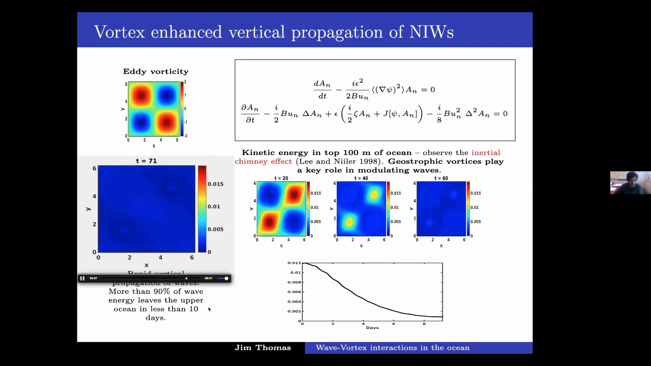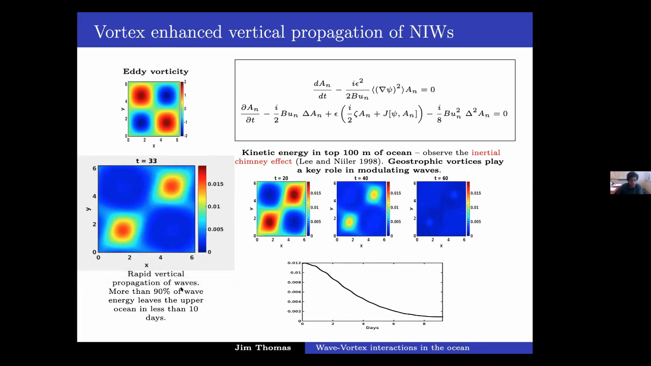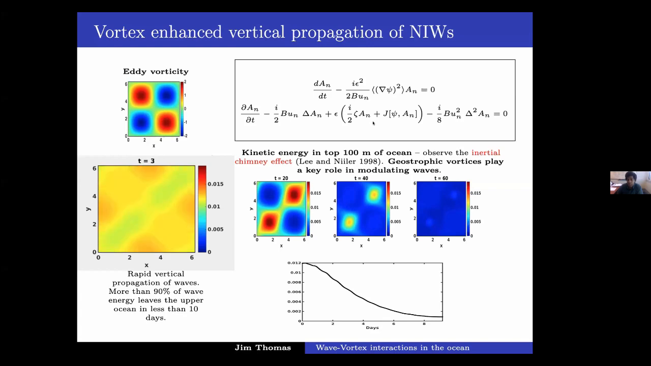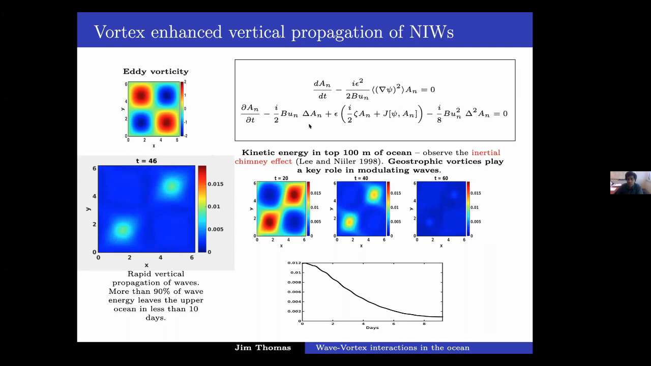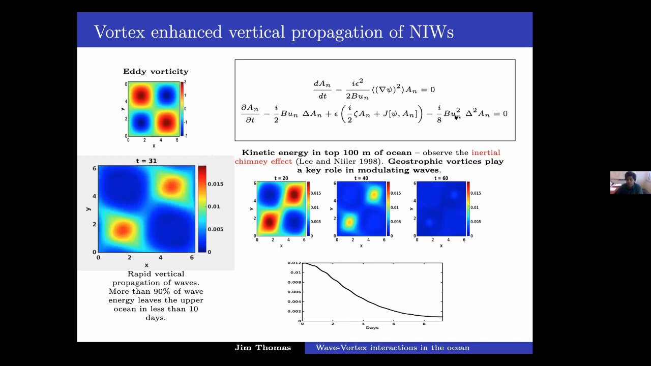And in about 10 days, once we convert everything to dimensional terms, more than 90% of the wave energy leaves the upper ocean. So these waves are initially trapped in the upper ocean. And if you follow this equation, you can see initially these waves have significantly large horizontal scales. In this amplitude equation, all these terms, this particular term, this particular term, involve the derivative of the wave field. So all these terms are small, but this particular term